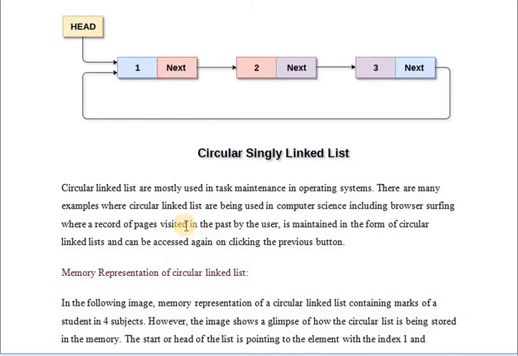There are many examples where circular linked lists are being used in computer science, including browser surfing, where a record of pages visited in the past by the user is maintained in the form of a circular linked list and can be accessed again by clicking the previous button. So this is a very good example. In the browser you are using the arrow buttons, the back button and the front button. So that is the example for